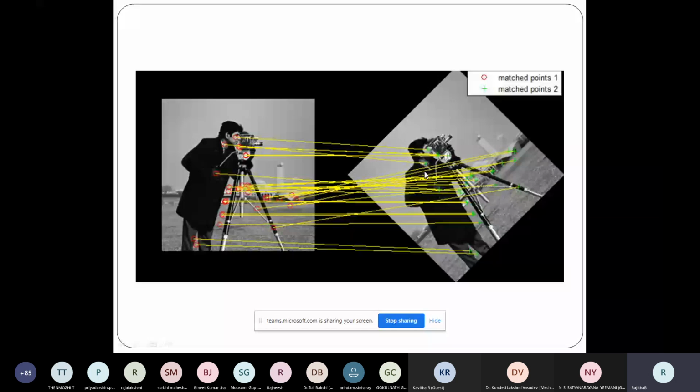But if I talk about SIFT or SURF, which is an advanced version of SIFT, it takes the features of each and every point in terms of orientations, like what is the dominating orientation towards a diagonal, towards up, towards down, and so on.